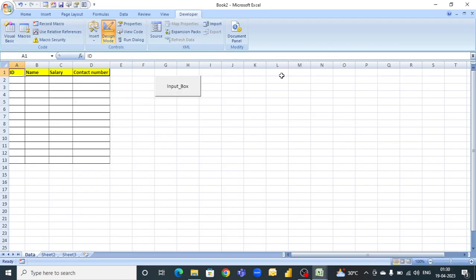Suppose I have some data 1, 2, 3, 4. CountA. Suppose I increase it here, 5, 6, and A, F. Okay. But if I talk about my simple count formula,